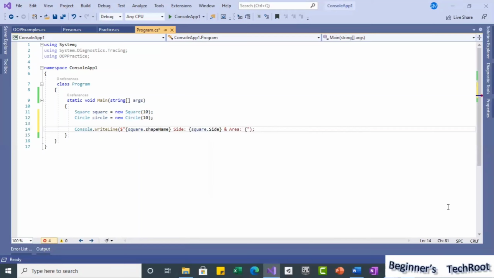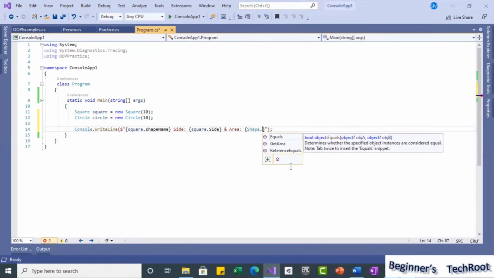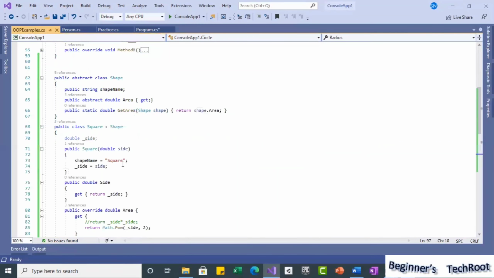And then for this area, even directly calling the functions, that also we can do. Now here I am using the Shape class and dot. Why? Because we have a static. GetArea we defined as static. That is the advantage of having a static. Why? Because here we don't have any instance things. We are not using any instance variables here. Only the parameter that we get, we are using. So that way it is okay to keep it static.